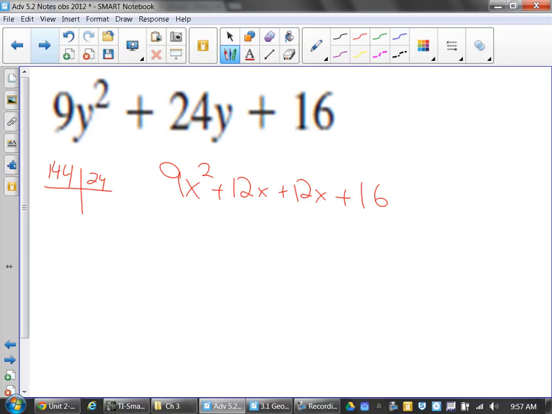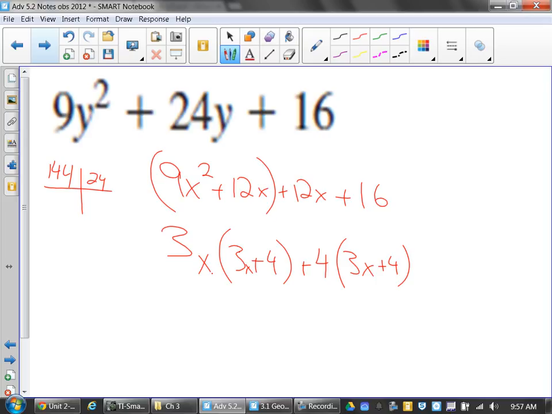And now just do our GCFs again. So what's the greatest common factor of a 9 and a 12? 3x. Yeah, so I factor that out, and I'm left with a 3 plus 4. And then the GCF of a 12 and a 16. 4. I didn't have to worry about any of my signs here. Is that the same thing in the parentheses? Yes. We write it down, and what's left? 3x